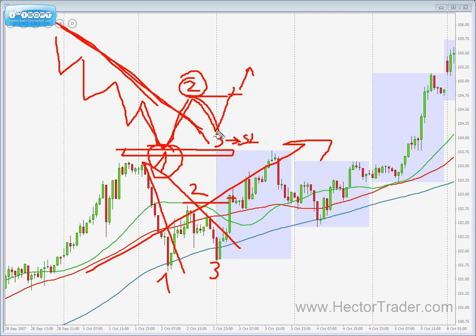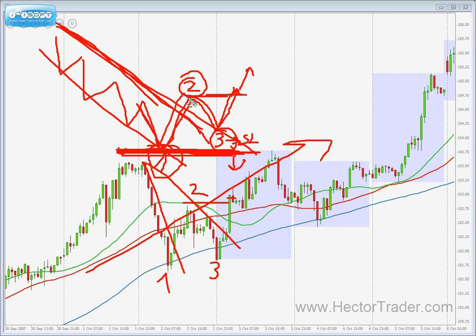At the first signal that this aspect number 3 is failing to take the aspect number 1, and therefore failing to breach the confluence of support, as the failure does happen, right there, taking the high of the aspect number 2, we can verify that the retracement as a whole is finished,